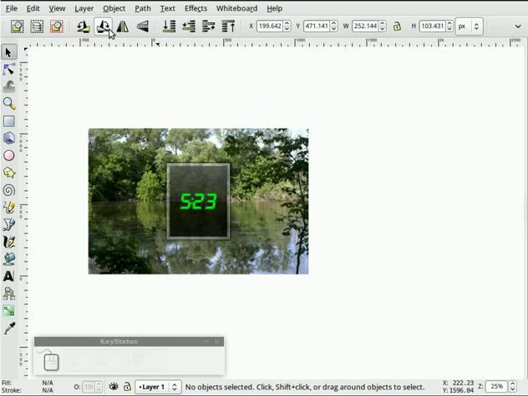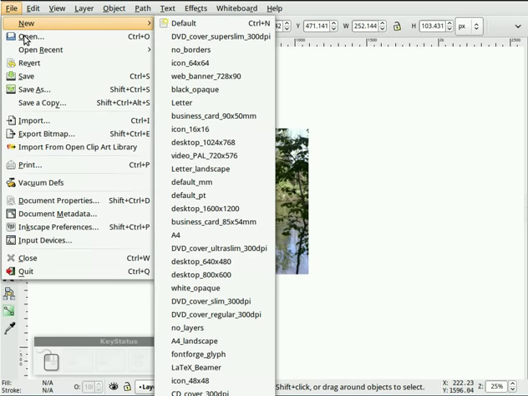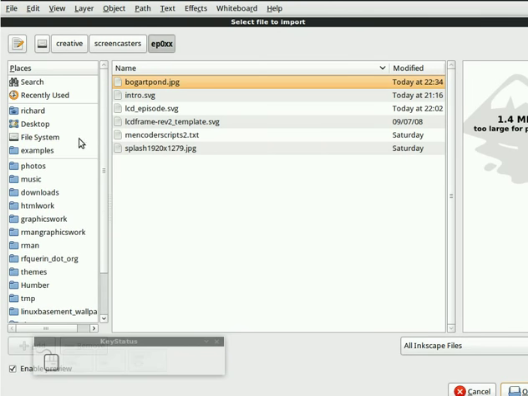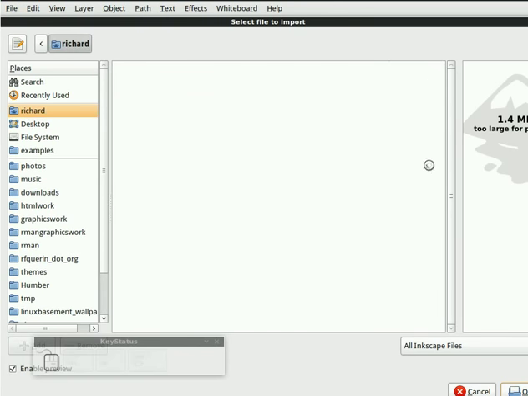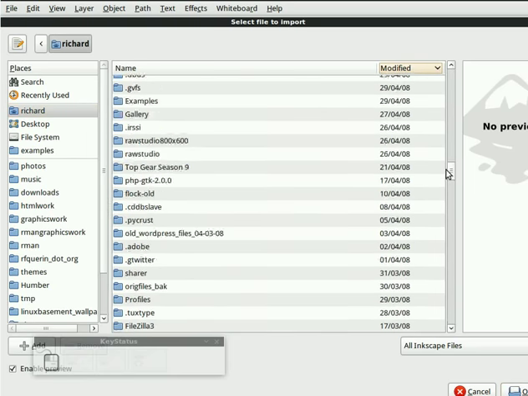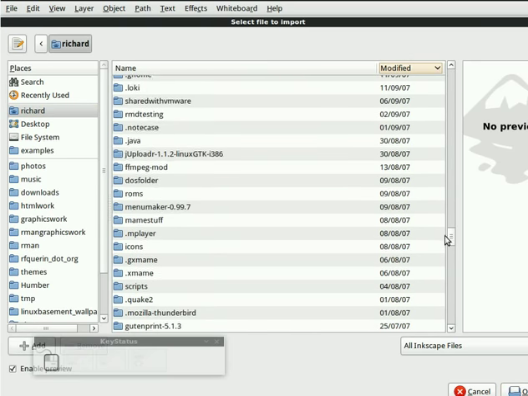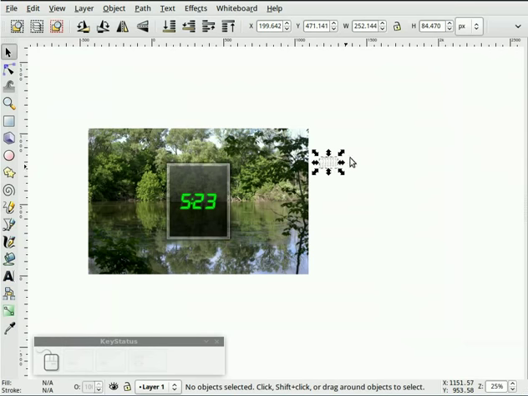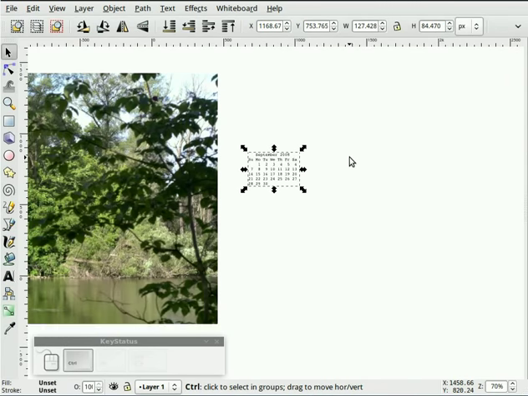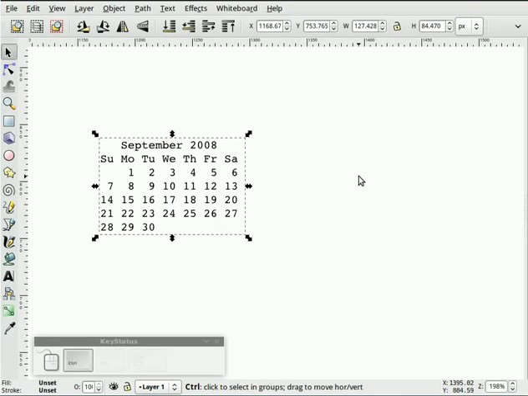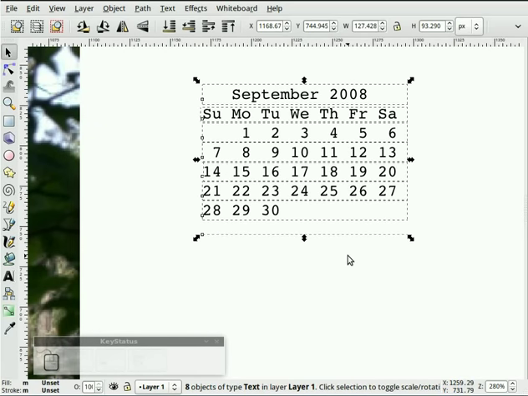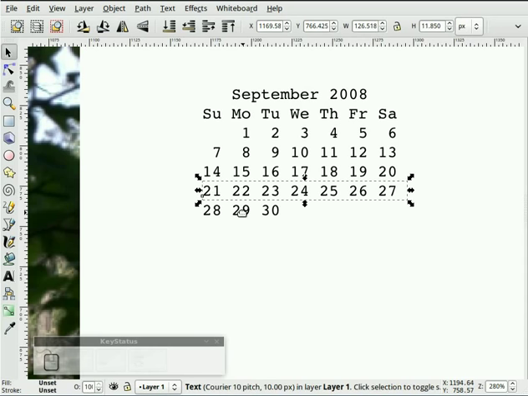And now I can use Inkscape and say import. It's in my home directory. Calendar. And you can see that Inkscape brings it in here. Okay. Now what it does is it brings it in as a group. If you ungroup it, it brings each line in as a group of text. So you can even highlight that,